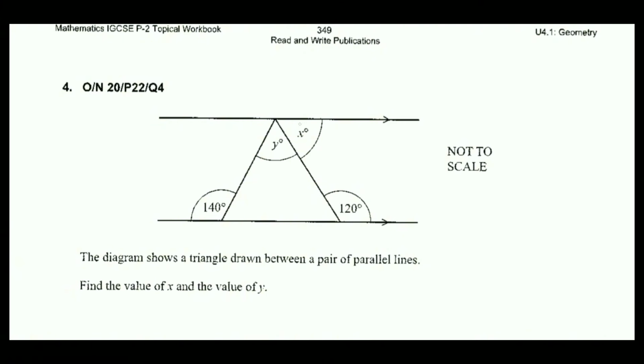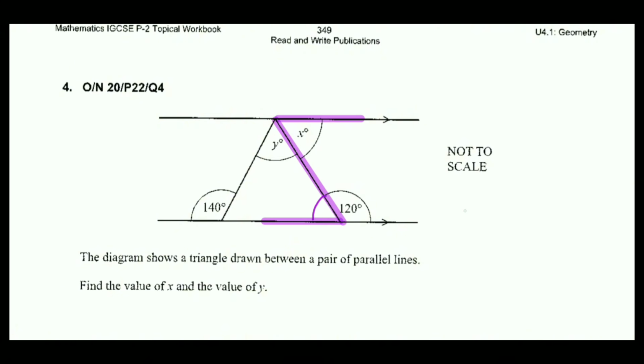We can see here a z angle. If the lines are parallel, we can see z angles. So if this angle is x, this will also be x. It means that these two angles will be the same. But for this, first of all, we should know this one angle. So how will we find this one angle?